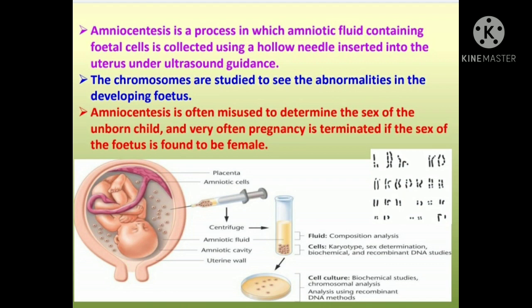Under the karyotype, the specialized person will see whether all the genes, all the genetic makeup of the baby is perfect. Risks associated with amniocentesis can be seen, like miscarriage could occur, needle injury to the fetus can occur, then leaking of the amniotic fluid or infection may occur. These are the risks at the time of doing amniocentesis.